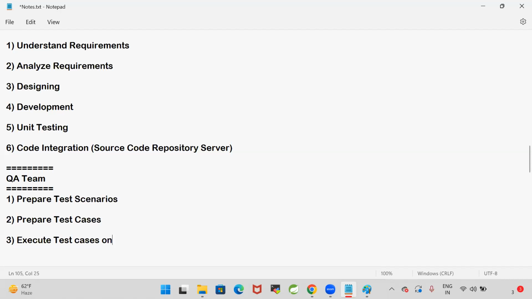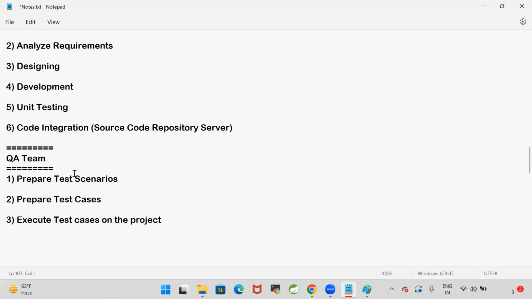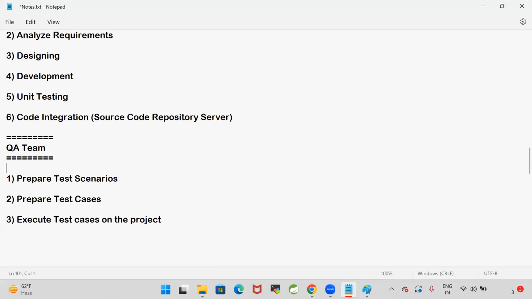That means, what requirements are given by the client, what functionality we need to test in the project. So they will prepare a document with all the scenarios that they have to test. And a scenario is nothing but high level. And based on the test scenarios, they are going to prepare test cases and